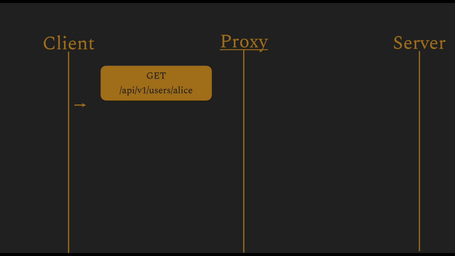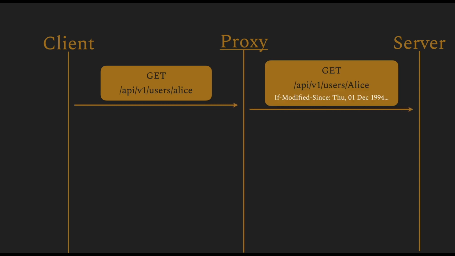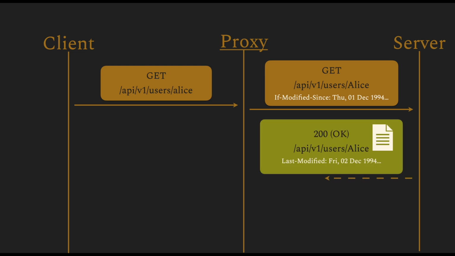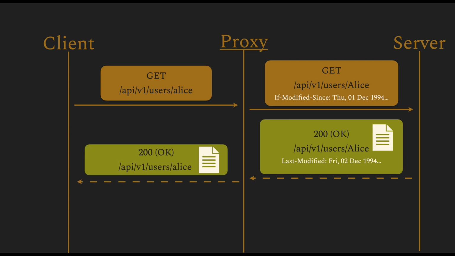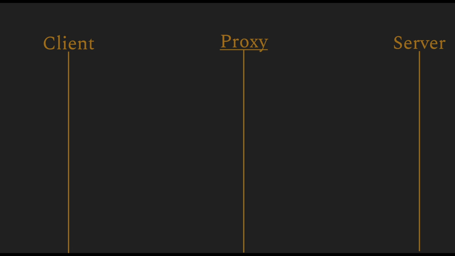When a client sends a request to a resource, the proxy can use a special header called If-Modified-Since and set a date and ask the origin server if the data was modified since this particular date. If the data was modified, then the server will return this value and the new updated data can be returned to the client.